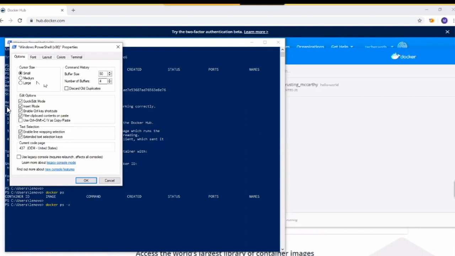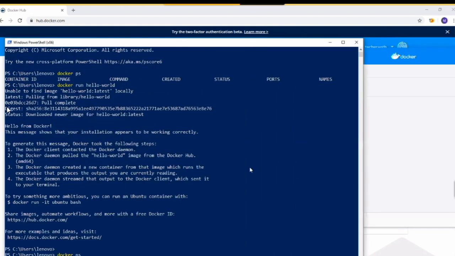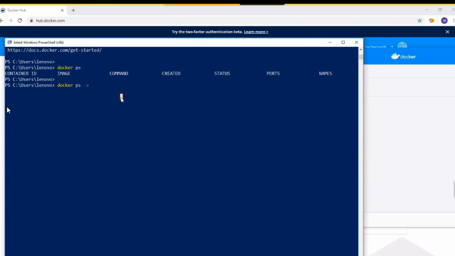So let's make the font size a little bigger. It is very small here, right? Let's make it 20. Yeah, now it is much more visible. So let's run the docker ps -a command to see the details about all the containers, whether they are running, stopped or exited, right?